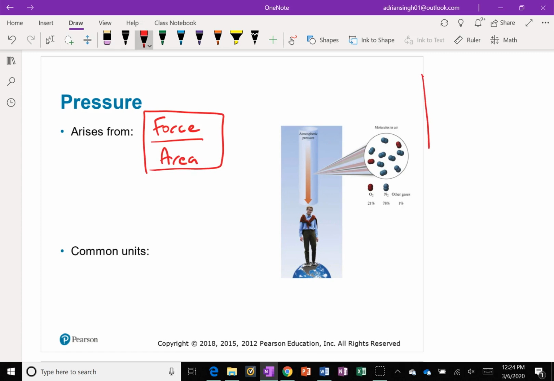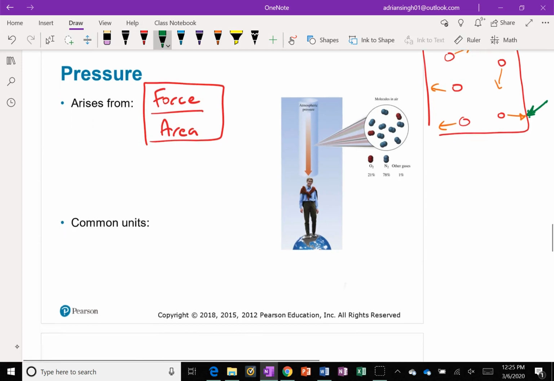So if you have a container with a bunch of gas particles in it, these gas particles are going to be moving around, zipping around with a great deal of energy. Then eventually they're going to hit the walls of the container. Right here, for instance. So when they hit the wall of the container, they will exert a force on that area,